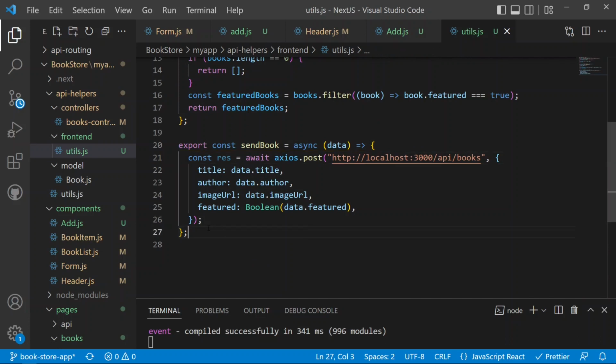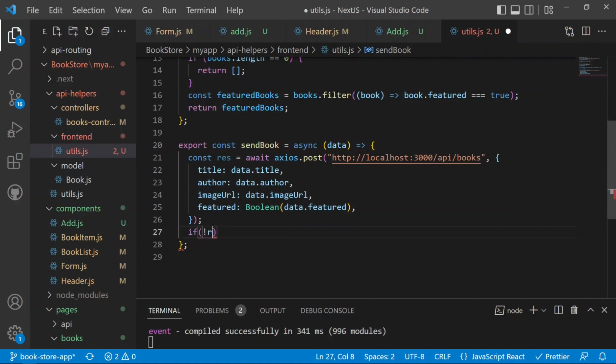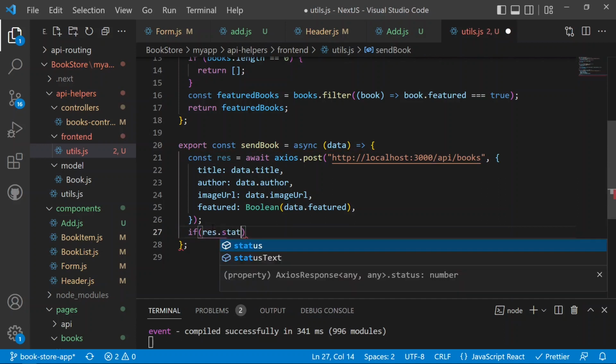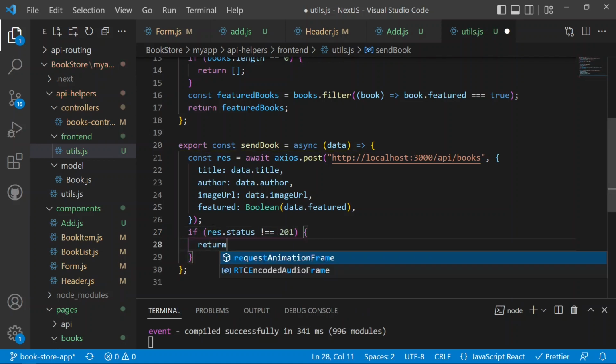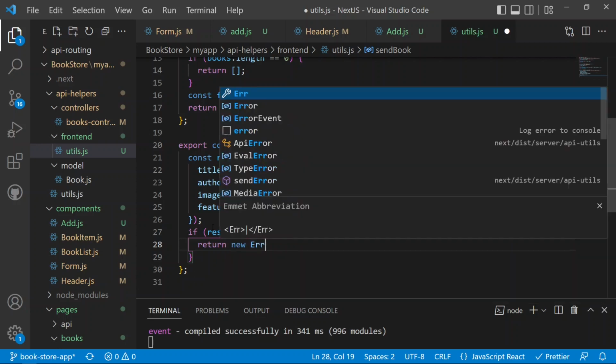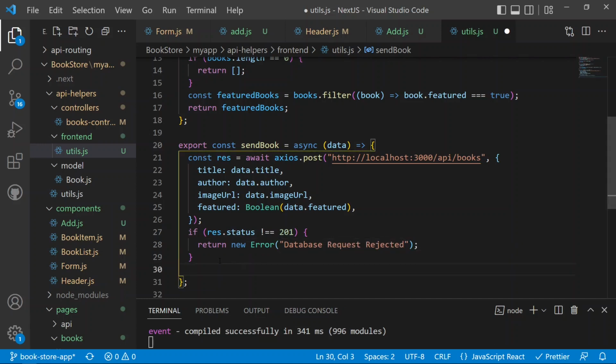And now after this, we can have some validation. Like we can check if the response.status is not equal to 200 or is not equal to 201, then we need to return a new error again. Like it can be 'database request rejected'. And now after we have passed this validation check, if the response.status is 201, then what